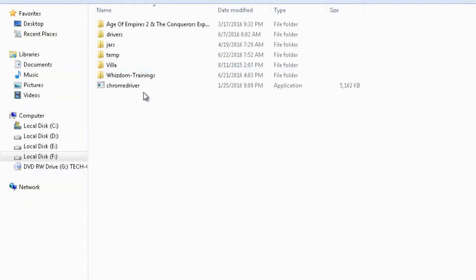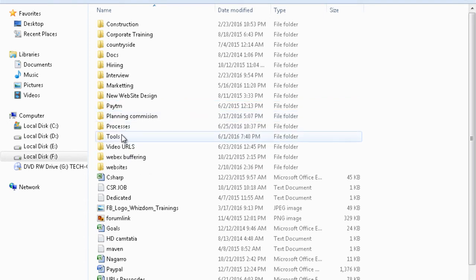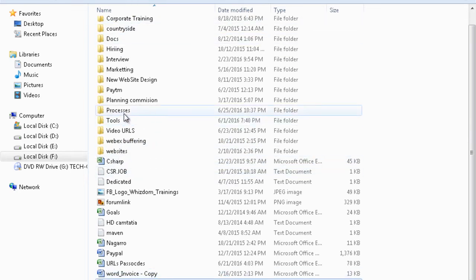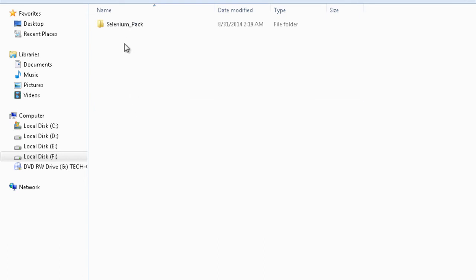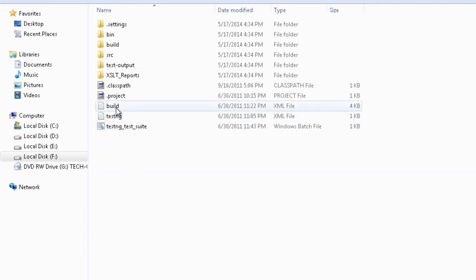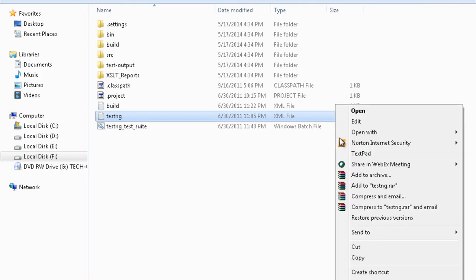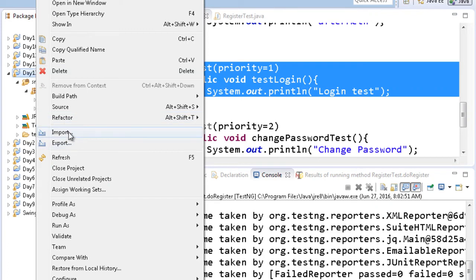For that you will have to use this testng.xml file. I'll copy this file and paste it under the project.